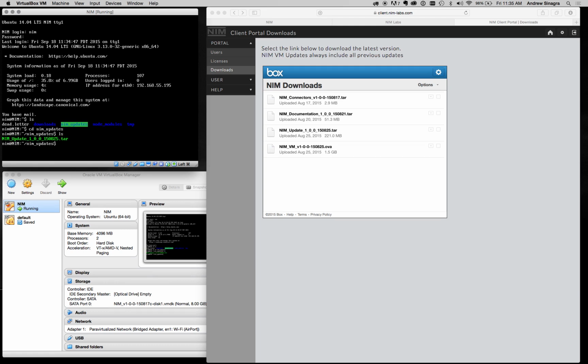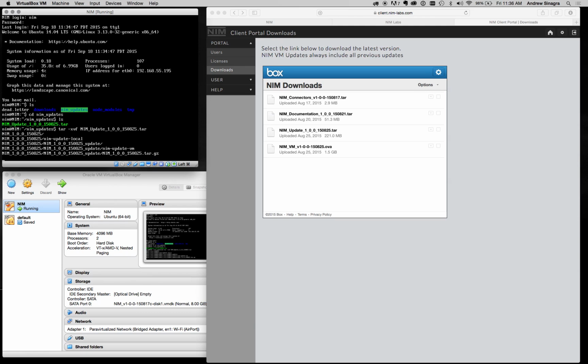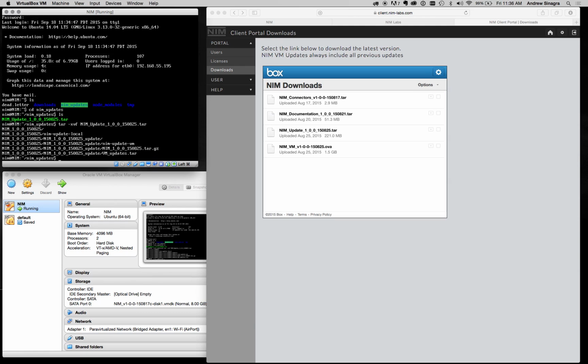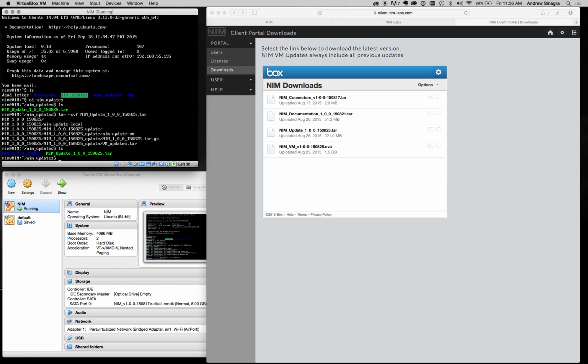To unpack the tar file, we're going to type tar space -xvf and then NIM update.tar. We hit enter, and we'll see it's expanding our files into a folder with the NIM version number. We're going to type ls to look at our directory, and we see we've got a NIM